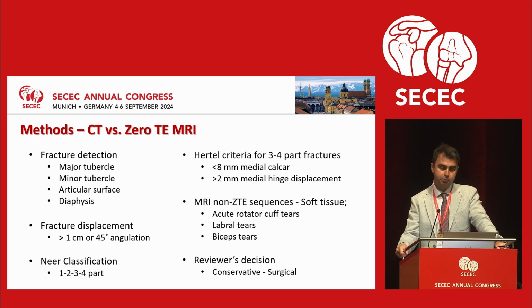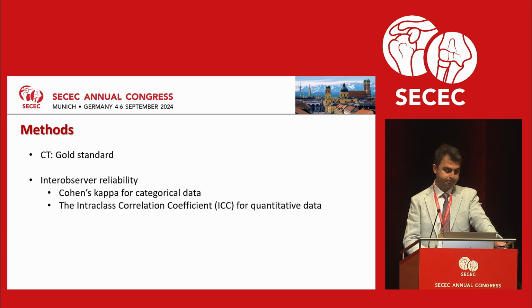We analyzed the images in terms of fracture and displacement detection capability, and we classified the fractures according to the Neer classification system. For 3- and 4-part fractures, we compared the Hertel criteria, and we also observed and noted soft tissue injuries like rotator cuff tears or labral damage, and we also compared the reviewers' decisions on the treatment plan. We accepted CT as the gold standard imaging technique, and we compared the zero-TE MRI images with CT in terms